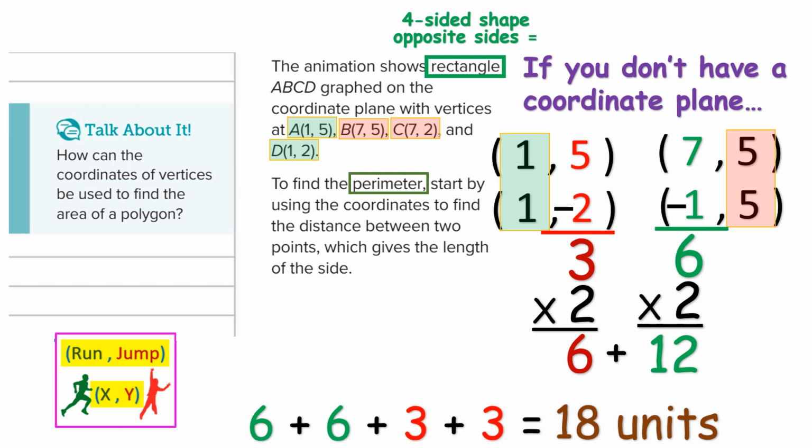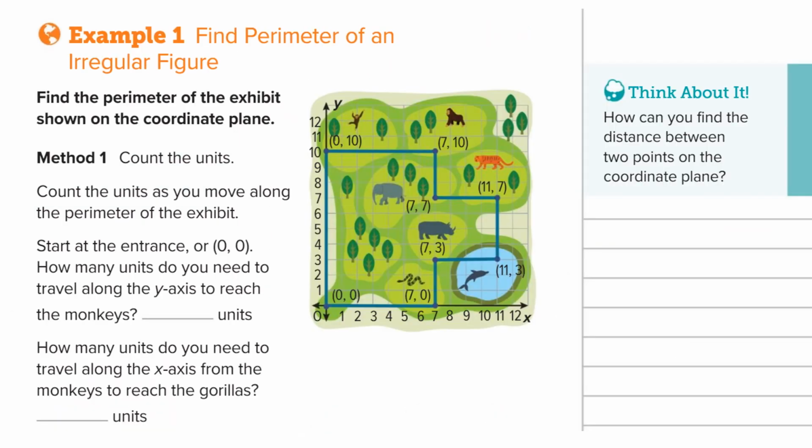It's okay, because both ways are correct. All right, so this one tells me I'm going to find the distance from the entrance gates to the monkeys, and then from monkeys to the gorillas, and then I want to find the distance all the way around the zoo. So it always helps when you start by reading the directions, because I'll be honest, when I first made